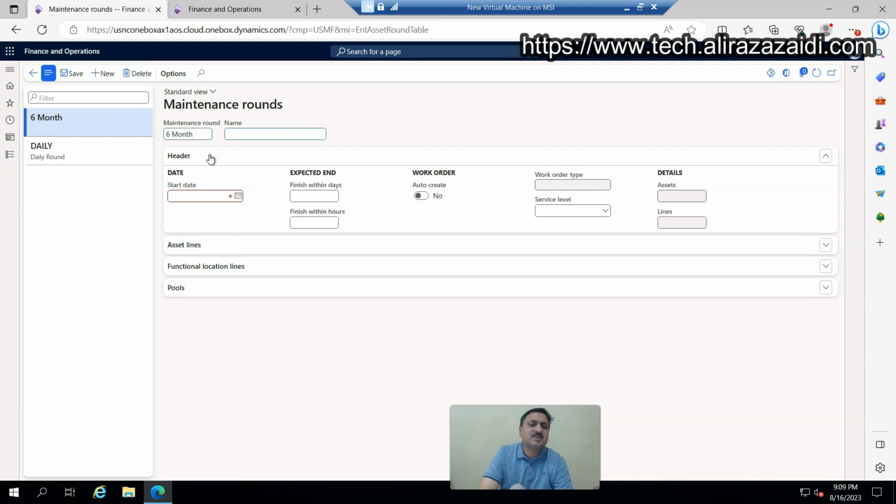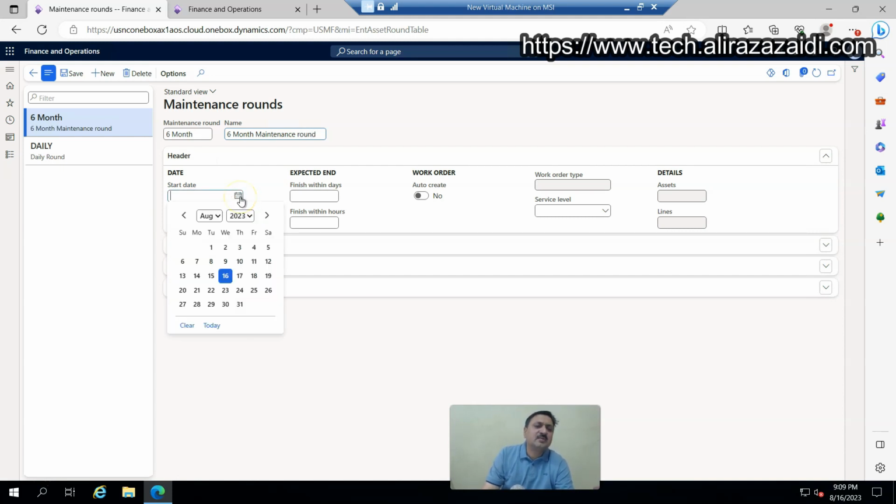There will be one maintenance round, and the start date will be from OK,